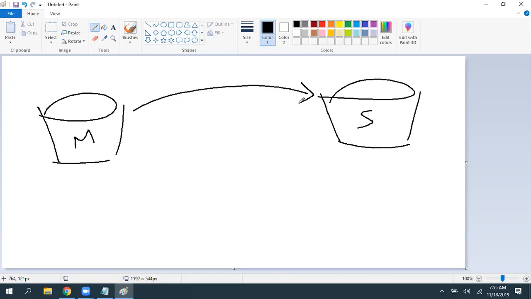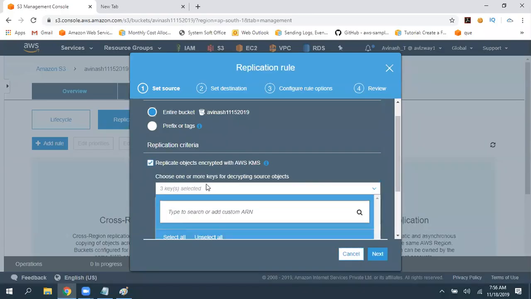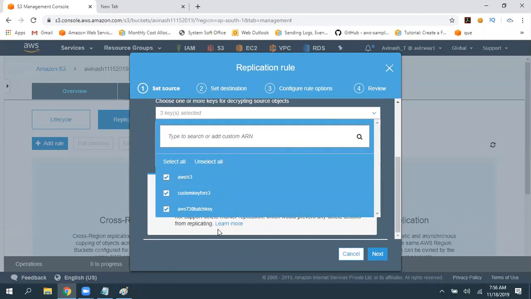So I am worrying about the security. While data is copying from our source bucket to destination bucket, in between, if you want to enable encryption, you can select this option, and what encryption key you want to choose, you can select that. For example, I want to encrypt all the data by using this AWS 730 batch key, that one we created in our last session.